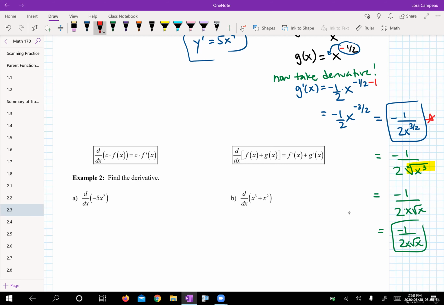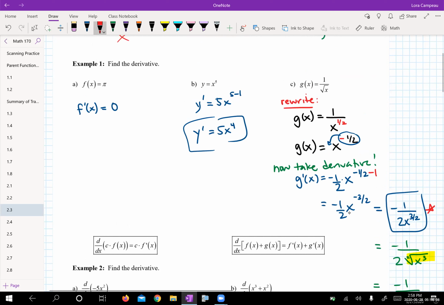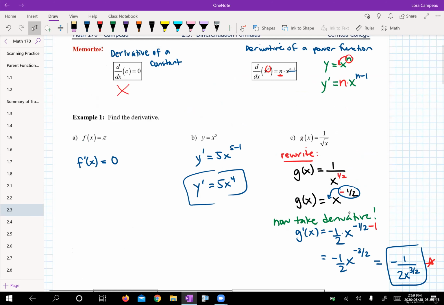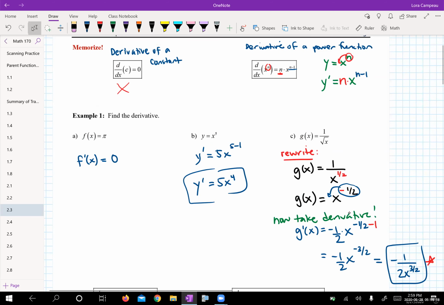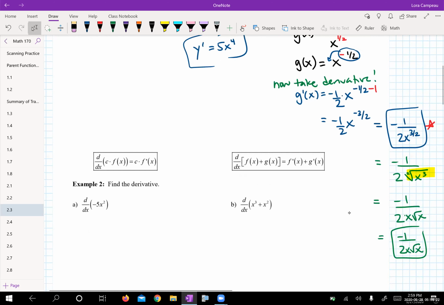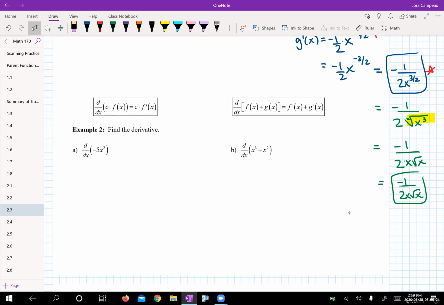Okay, so we're going to build on this. Now remember, whenever we lecture, we start off with some of the concepts, and we assume you haven't had time to practice during the lecture, but usually when you start your homework, you'll be doing a lot of parts A, B, and C over and over again, and then they kind of build on that. So once we know these two properties, derivative of a constant is 0, and how to take the derivative of a power function, they're going to step it up just a little bit,